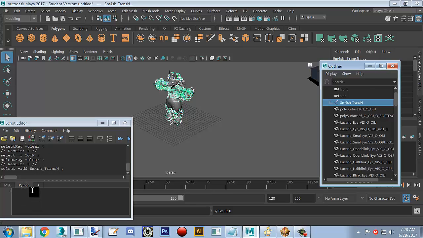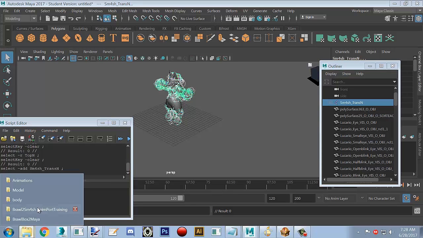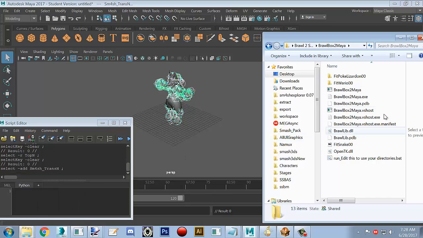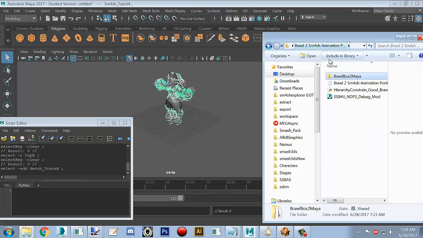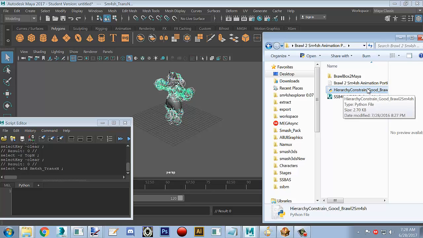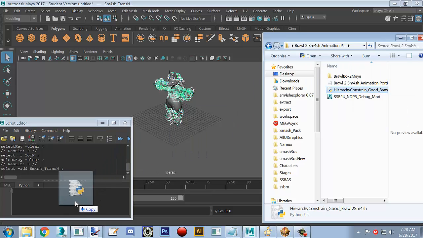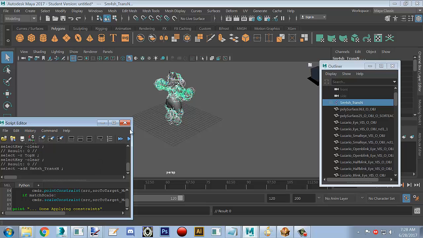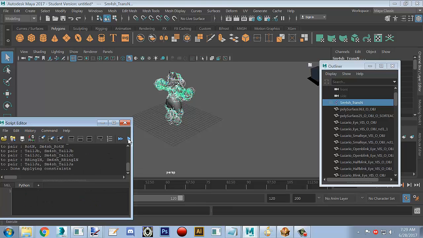Now we're going to add the Python script. Make sure that you're in Python and not MEL to do this. And we're going to go back over into the Brawlbox, Brawl to Smash Animation folder. Take this Python script, the hierarchy constraint. Simply copy it over here. Hit the blue single arrow to execute. If you did it right, it'll say done applying constraints, and now